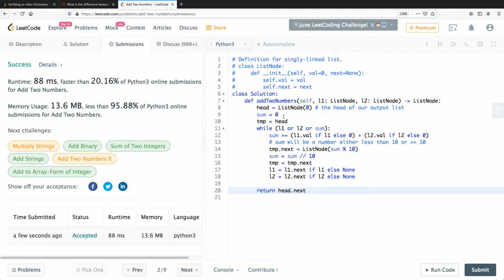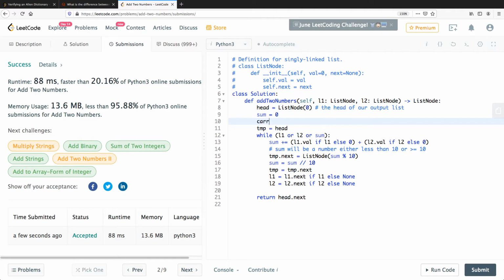So in that case, we would have something like this: carry equal to 0, and then here we would say carry equal to sum like this, and here sum equal to carry plus, and we would say while L1 or L2 or carry. I would say that folding the carry into the sum is probably a much cleaner solution, but carry on the other hand